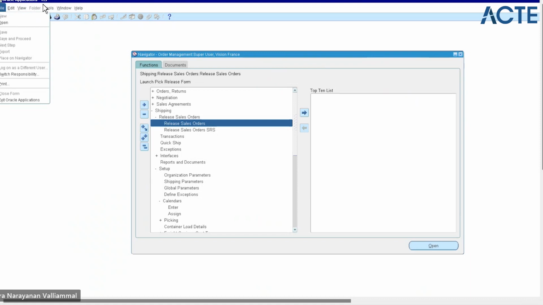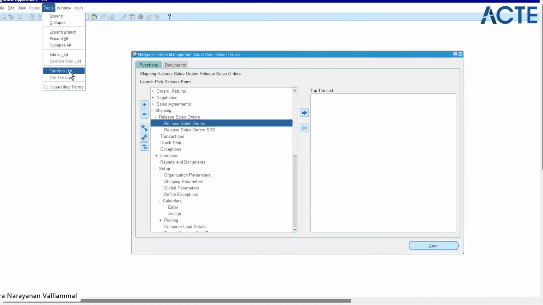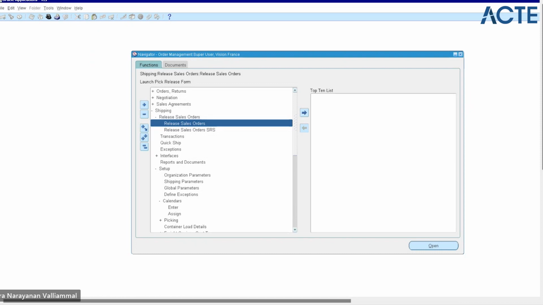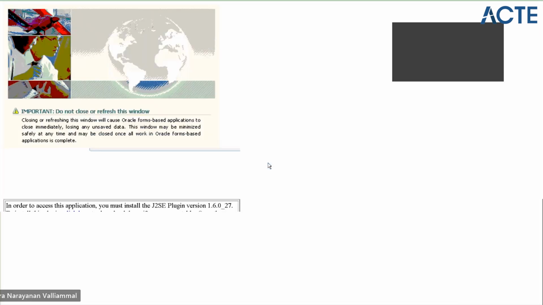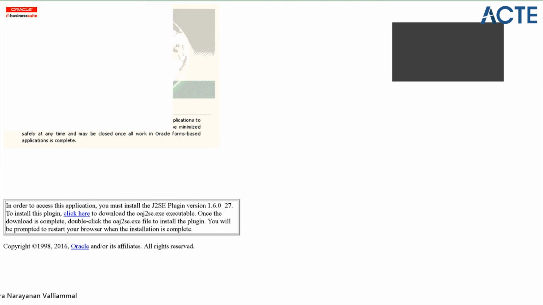File, tools. In this tools, you go to function list, and then this is the function list which you are coming in. You have to close this, press OK. Now,